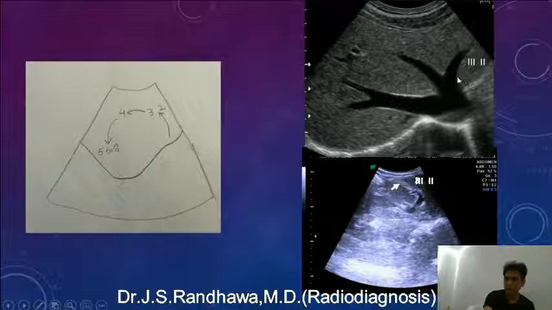This is a superior section where you can see the left hepatic vein. So we know the left hepatic vein is dividing the left lobe into the lateral segment, which is here, and the medial, which is here. So in the lateral segment we have 2, which is more lateral, and this is less lateral, segment number 3. Same thing inferiorly also. Inferiorly again 2 and 3. 2 which is more lateral and 3 which is less lateral.